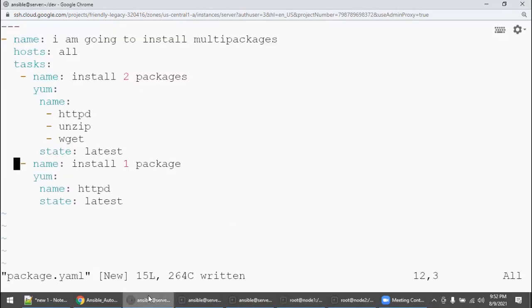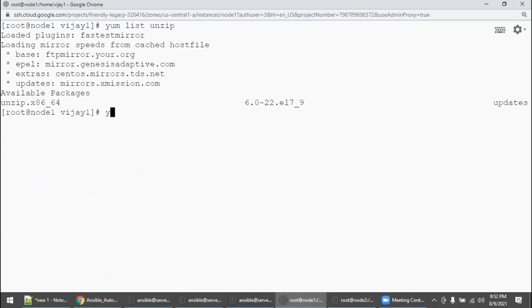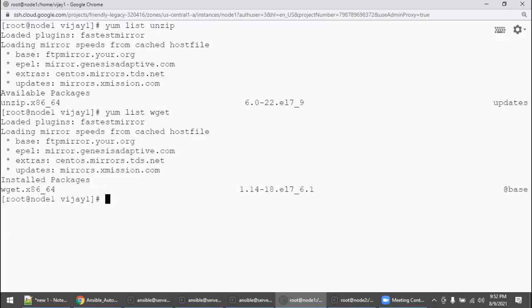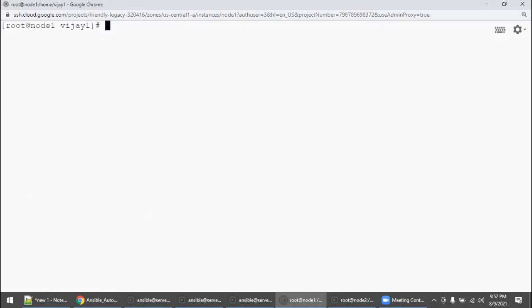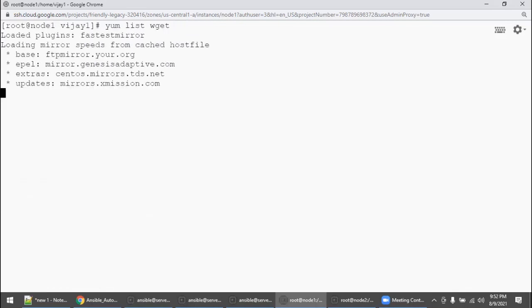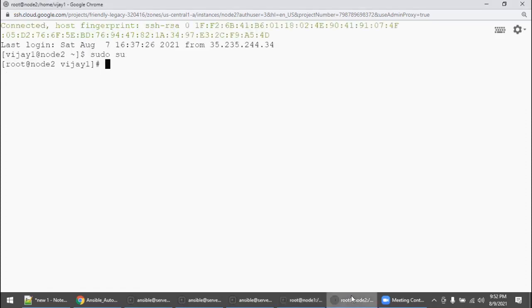What is the other package? wget. Yum list wget. So that is also installed, so we will remove it. Remove wget. Okay, so let's check the list for wget. It's not installed. The same way here, you can do a single yum list command for unzip and httpd.